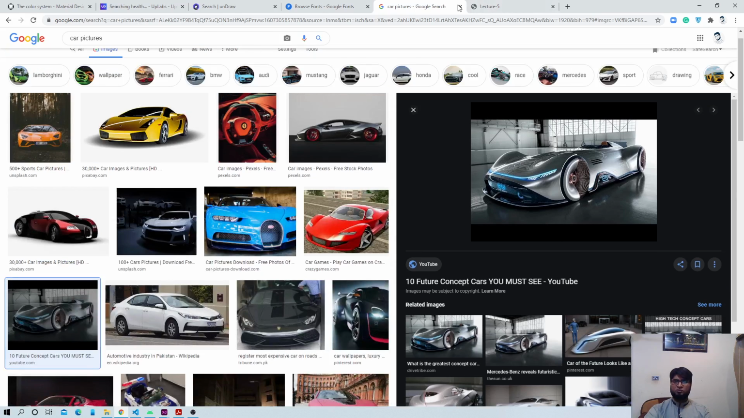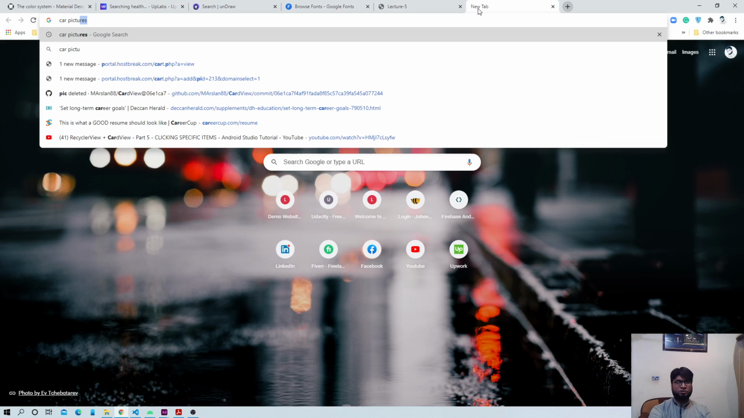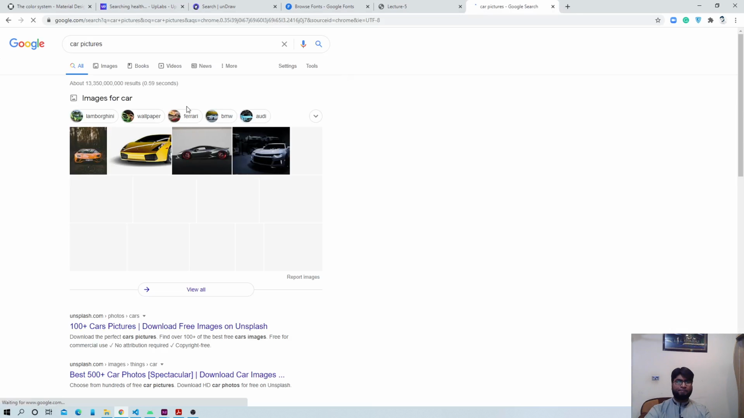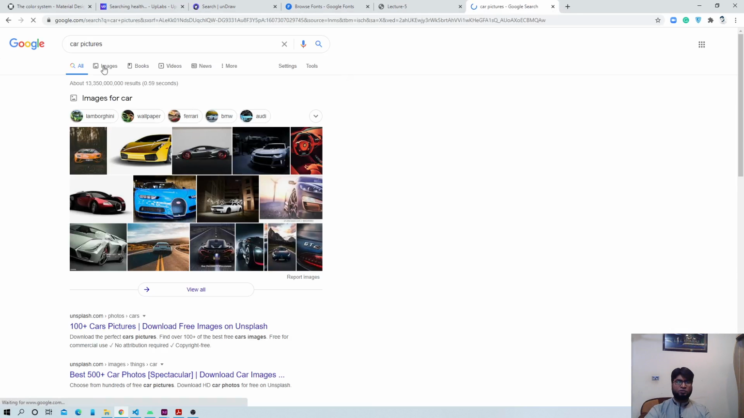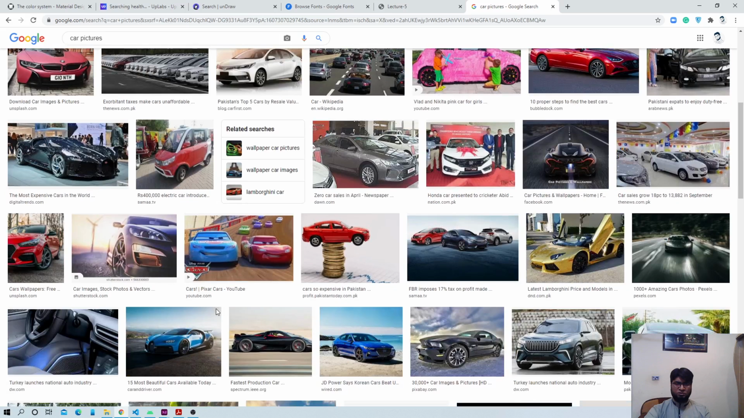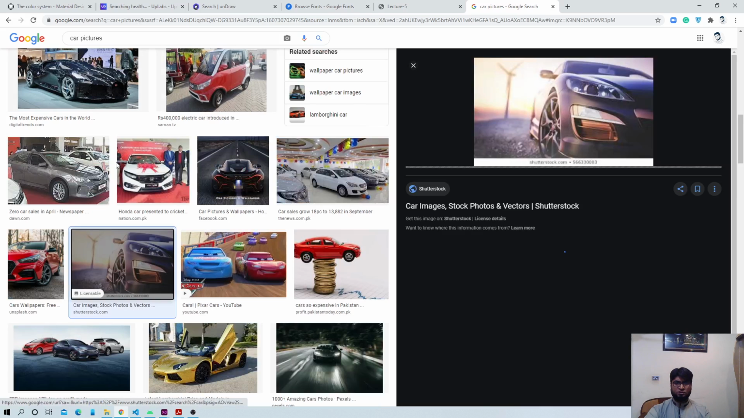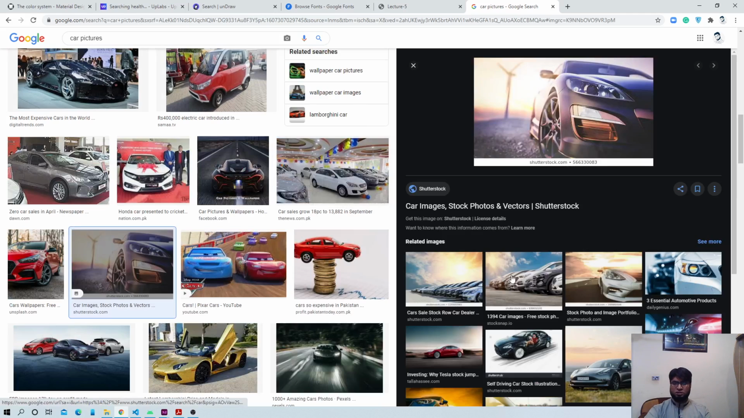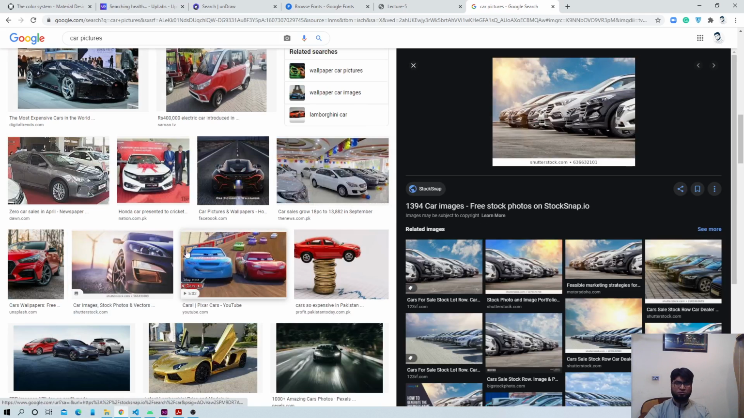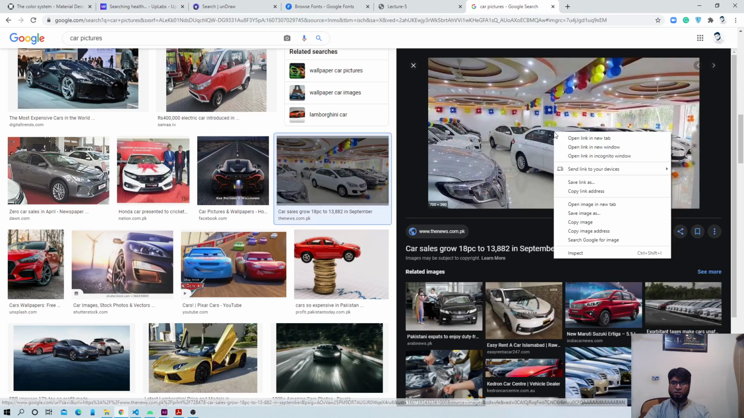You simply have to do this. Just look here, car pictures, right? So go to the images and take whatever picture you want. Let me take this one. No, its size is not good. Okay, fine. So I'm gonna right click here, save image as,